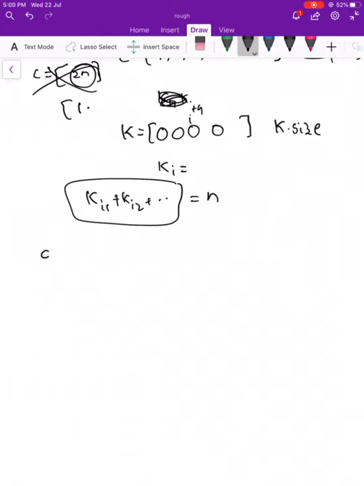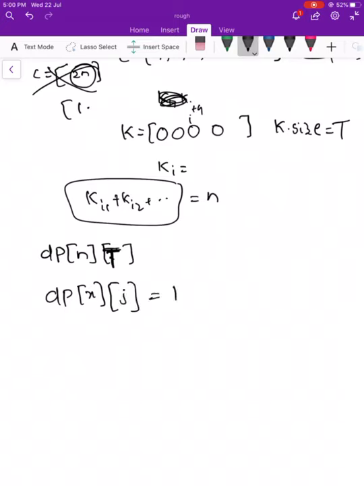So this can be achieved through a DP. Let us define an array dp of size n into t, where t is the number of parts. dp of x, j will be equal to 1 if you can make sum x by selecting a subset of elements from k1 to kj.